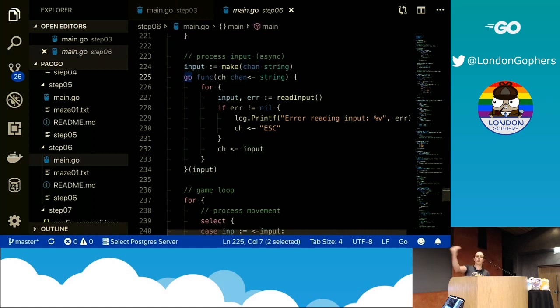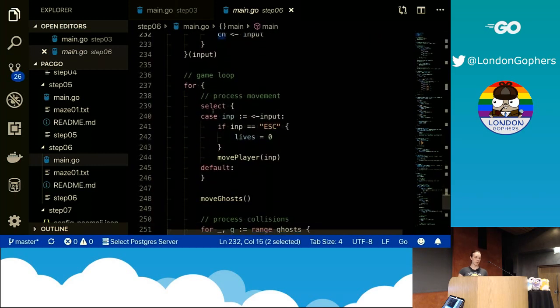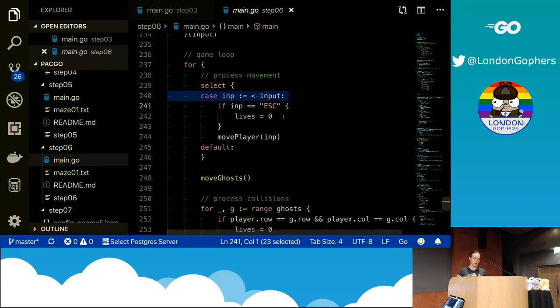So we're spawning a Go routine that waits for the keystroke, and it will take that input and write it to a channel. And now in the main loop, we just need to read that channel for the kind of input we're expecting. But it can't be a blocking read. We need to make sure it doesn't block. So we have this empty default clause